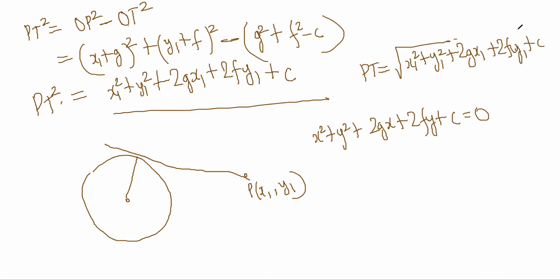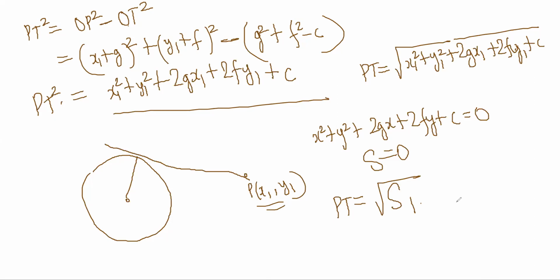Y1 plus c, right? So if you call the circle equation as S, then PT S is equal to 0. It is PT, basically putting root S1, putting the point 1 in that, right? So that is how you should remember it.